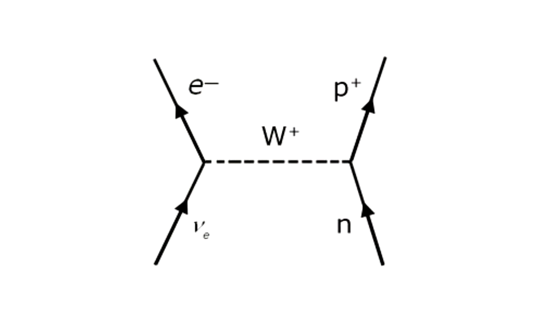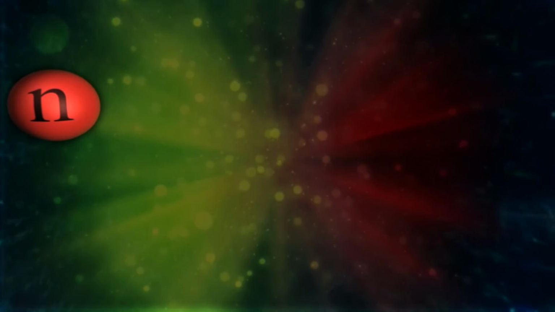What Jason described is actually a charged current interaction involving the W plus boson represented by this Feynman diagram. In particle physics, these kind of diagrams are the standard way to depict particle interactions amongst all fundamental particles. Like what Jason said, this diagram shows that when the neutron and neutrino approach each other, a W plus boson is mediated between the two that causes the neutron to turn into a proton and the neutrino to turn into an electron.